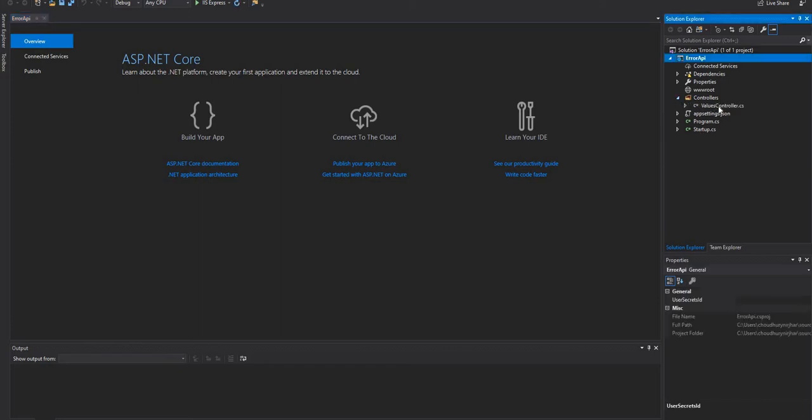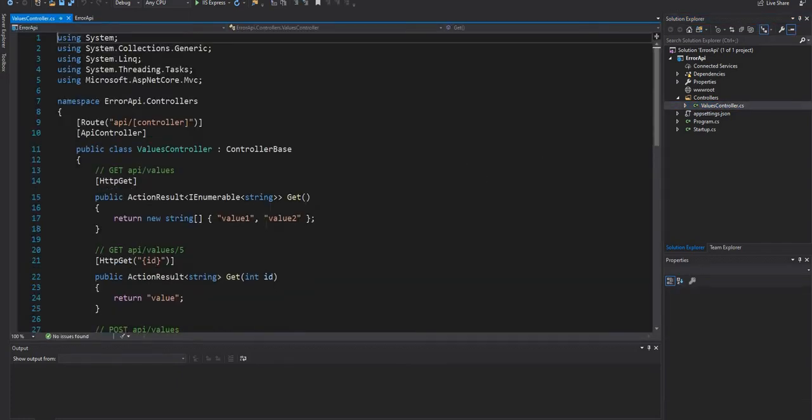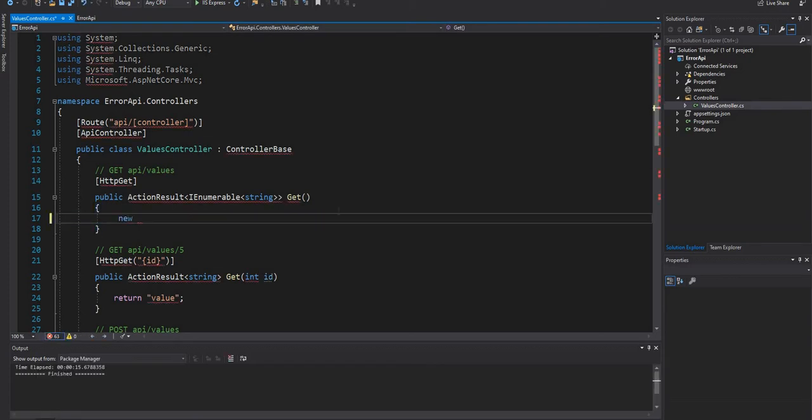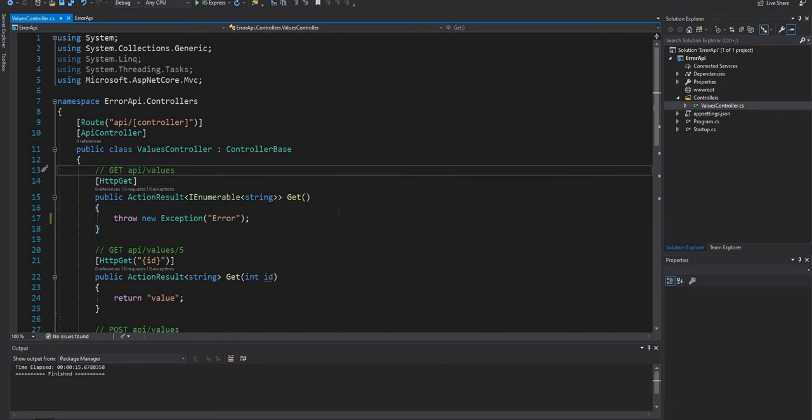Okay, and in the API, in the values controller, I'm going to go into Get, and I'm just going to throw an exception. So essentially, every time the service is called, the API/values, it's just going to throw an error. That's all it's going to do. So I'm going to quickly run